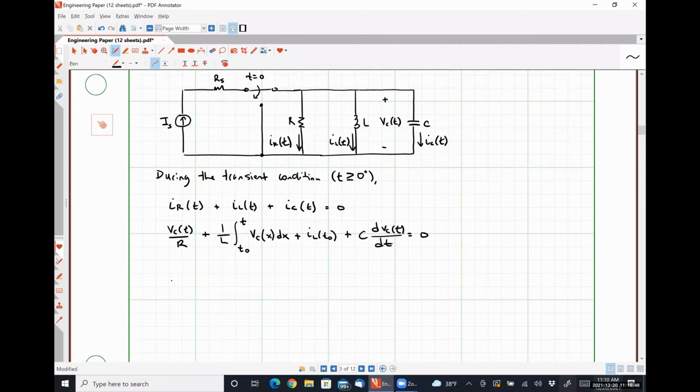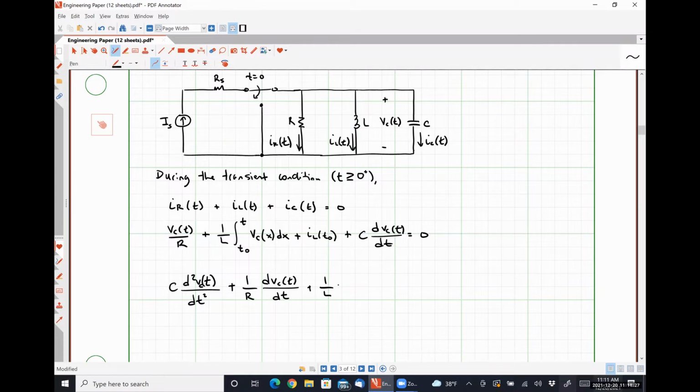So if I take the derivative of the capacitor contribution, I'm going to have C times the second derivative of my capacitor voltage. Then I take the derivative of the resistor contribution, and I'm going to have 1 over R multiplied by the first derivative of my capacitor voltage. And then when I take the derivative of the integral, I'm just left with 1 over